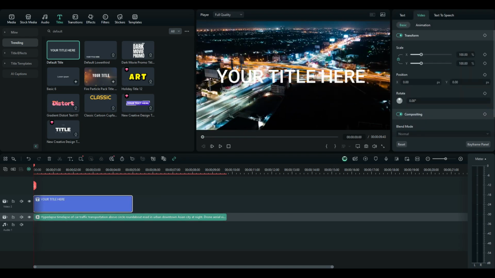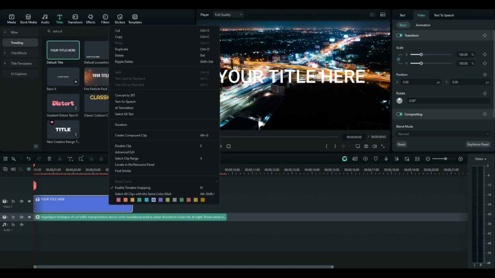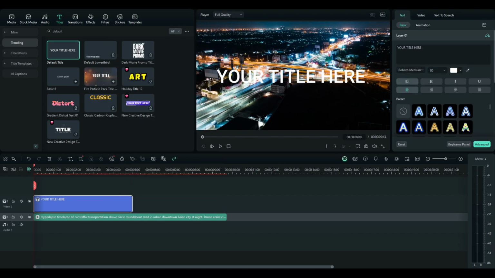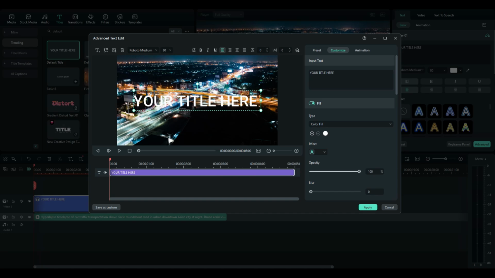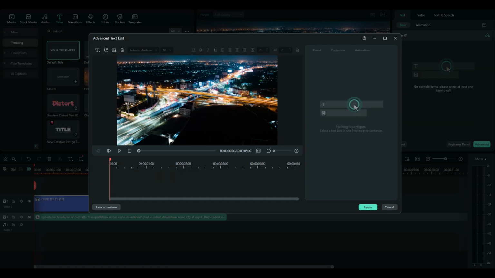drag that over here. Once you do that, I'll right click on the default title and then I'll just go on advanced edit, and after that I'll just delete this your title here, and then I'll just click on the shape, the second option. Once you do that, click on the middle one and then